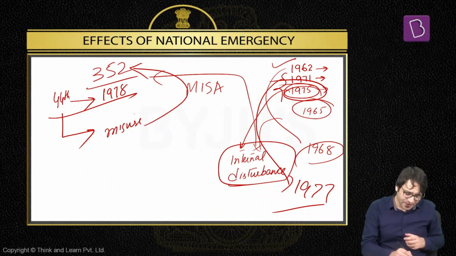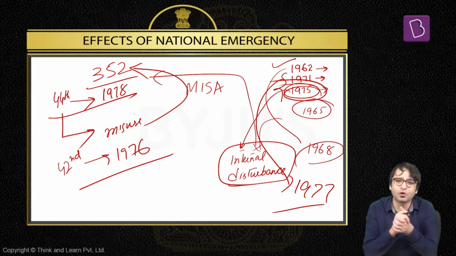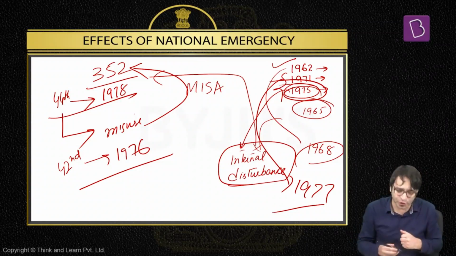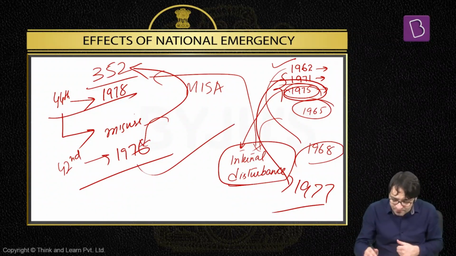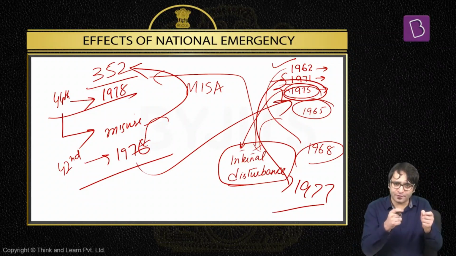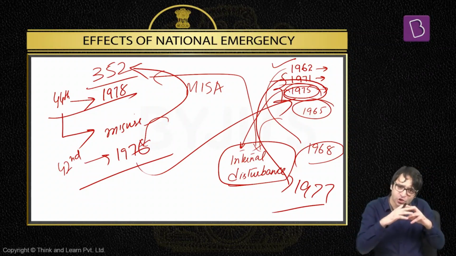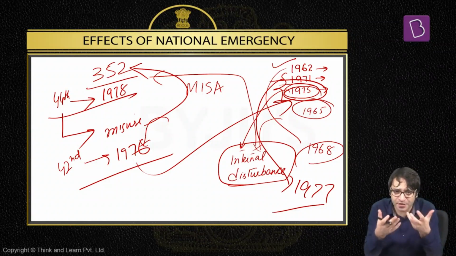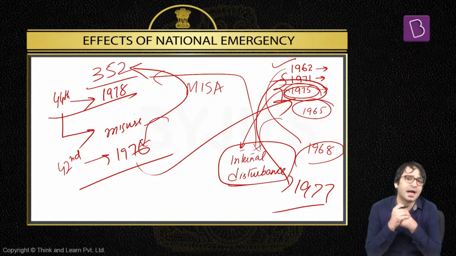Because if you recall, there is one amendment that we frequently talk about, 42nd Constitutional Amendment Act 1976. This is what we call a mini revision of Indian Constitution. And this mini revision of Indian Constitution, this amendment was done to the Constitution in the year 1976 when we were under emergency. So one big plank of election for the Janata Party was we will undo all these changes that have been made to the Indian Constitution during this emergency period. And they lived up to their expectation as well, when 44th Constitutional Amendment Act was passed in 1978.